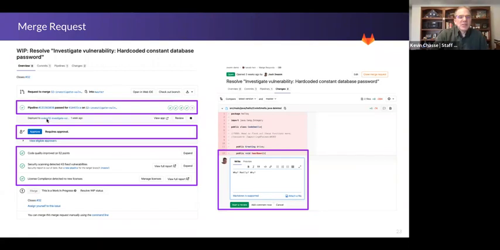You can also see if it deployed out to one of the review apps we talked about earlier, and you can actually click this to open that in a new window. You can see all of the different required approvals and who has already approved it here. You can define those approval rules in the settings. We're not going to go into that today, but that is something to definitely take a look at if approvals